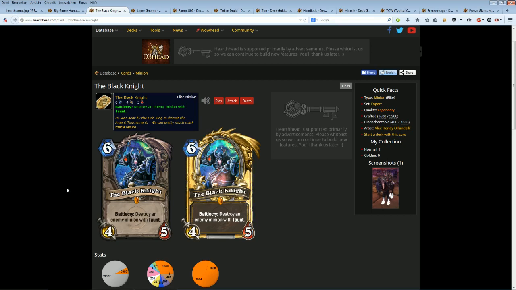For the Black Knight, it's a very heavy decision, because 4/5 is basically a Chillwind Yeti, but costs 2 mana more, so you somewhat have to see opponents with taunts that you want to destroy. Today, I think the Black Knight is a very good addition to a deck in terms of the metagame, because there are a lot of Druids out there currently that run at least 2 good taunt creatures, meaning Druid of the Claw,